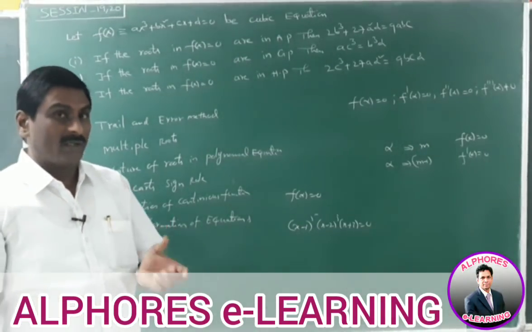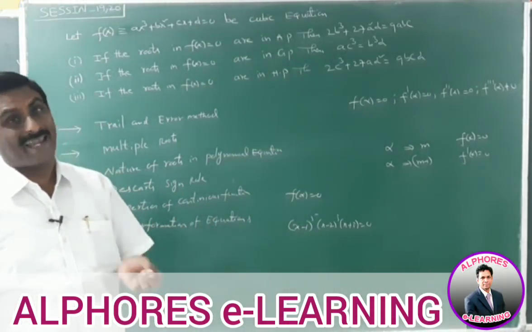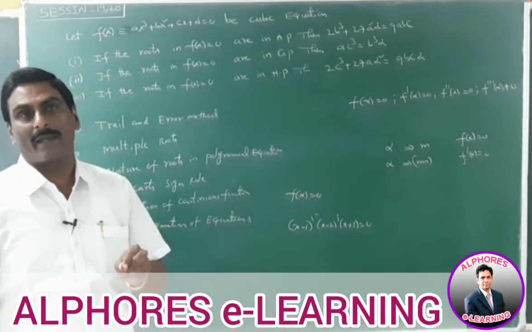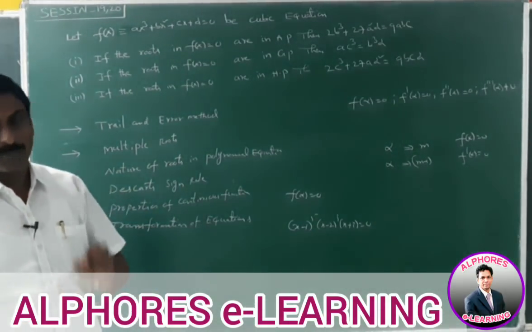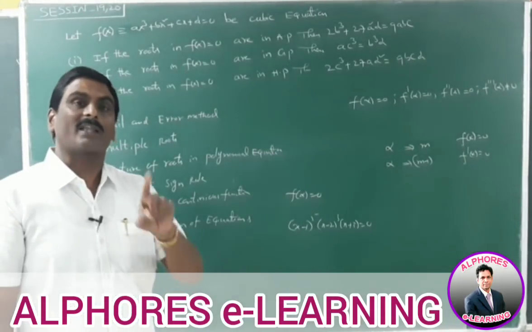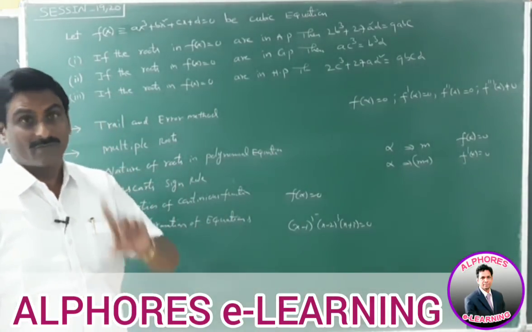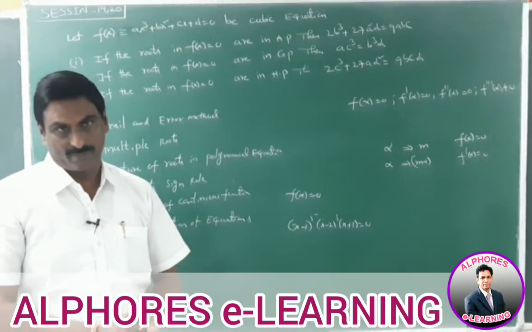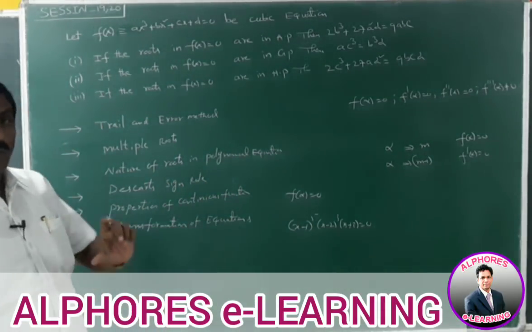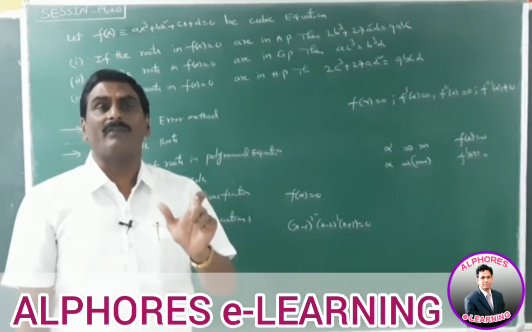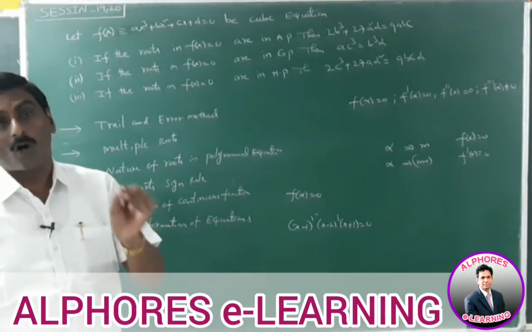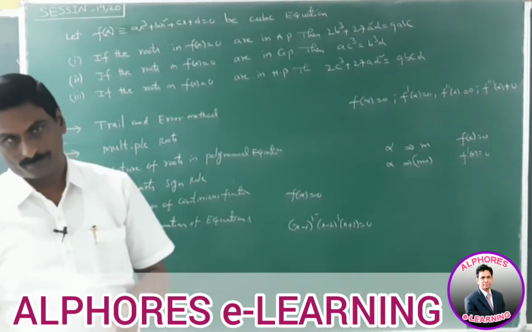Okay. Next, if the coefficients of the polynomial equation are rational numbers, then irrational roots are obtained pairwise and at the same time they are conjugate surds. Suppose one of the roots is p plus root q, the other root must be p minus root q. If the coefficients are irrational, then irrational roots need not be obtained pairwise. Okay. Next, if the coefficients in the given polynomial equation are all positive, then the number of positive real roots of that equation is 0.